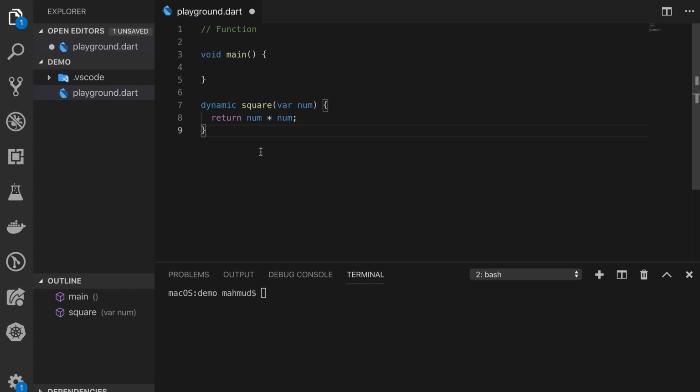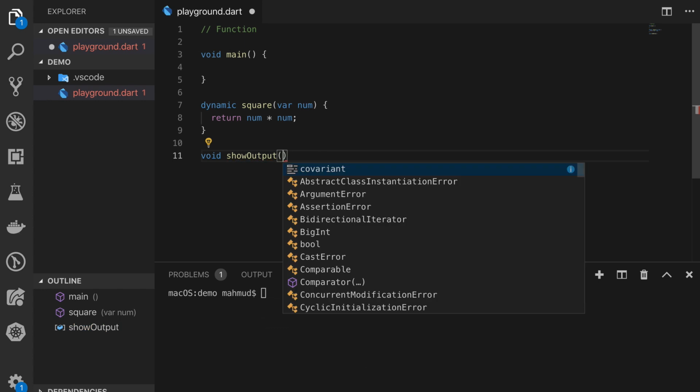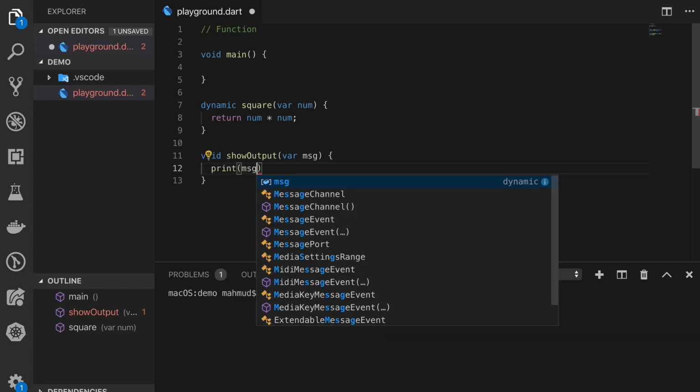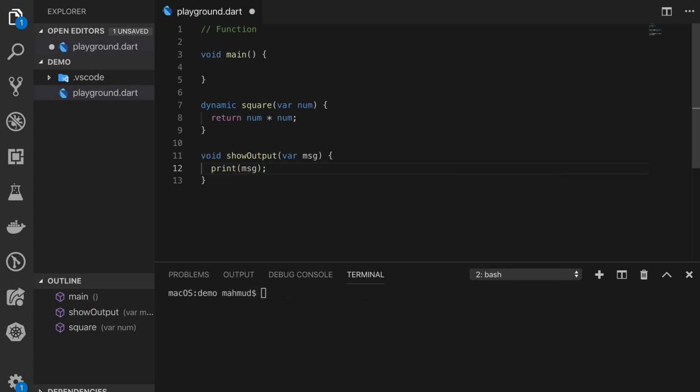So let's define another function. For example, void showOutput, and here we define a variable as parameter, var message. This function takes message as a parameter, and using the built-in print function it will print the message in the terminal. So now let's call this function first, showOutput,